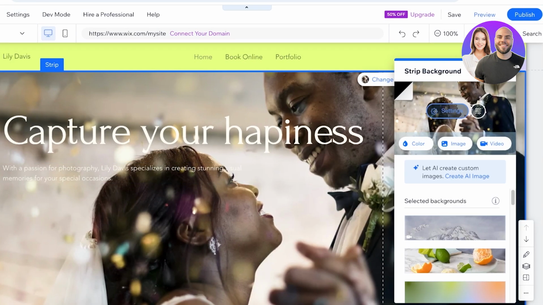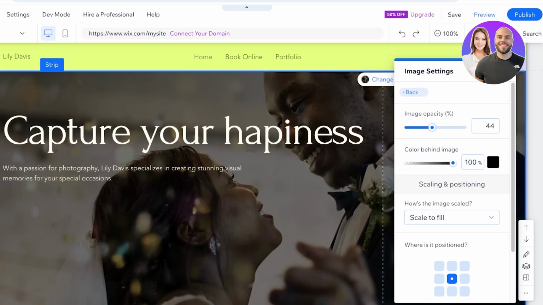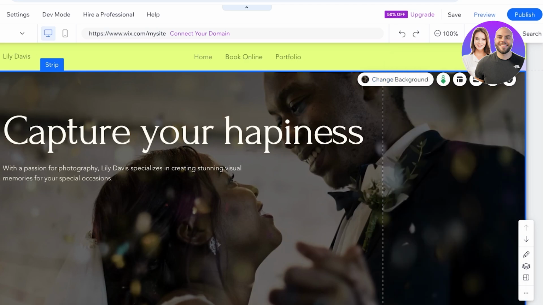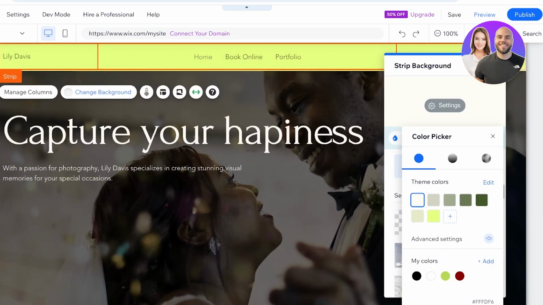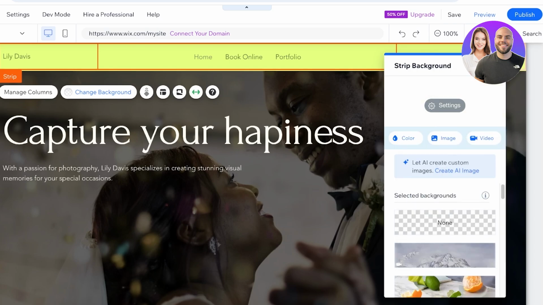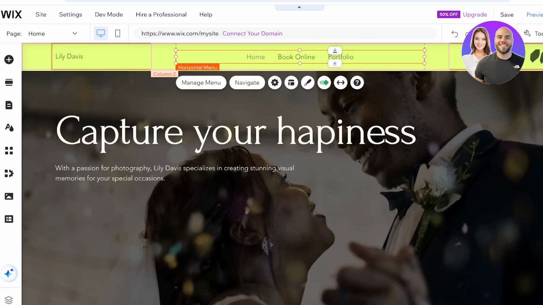And then the visibility for my image is a bit low. So I'm going to click on the image, and then I'm going to change the image opacity to be a bit darker like this. And then my strip color has not been applied. So we're just going to apply this over here. So now we have changed our background image, and we're going to proceed with our second section, which is the